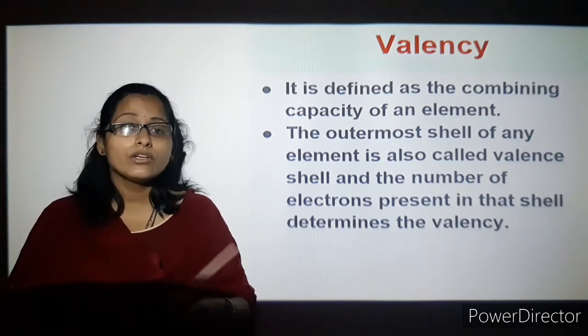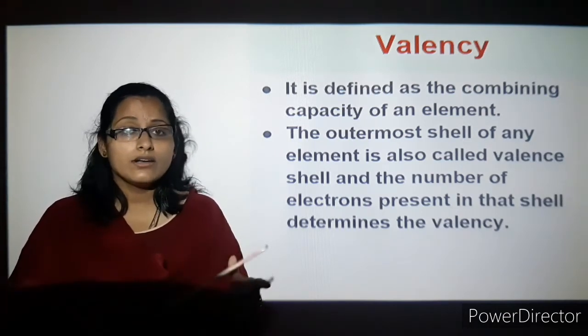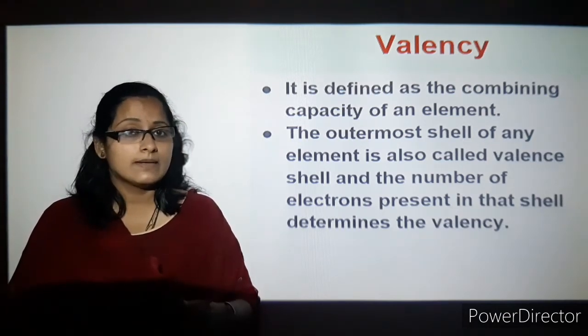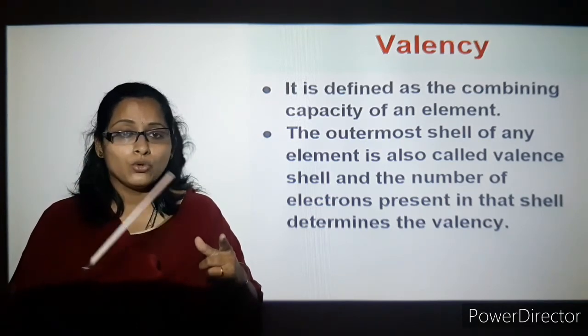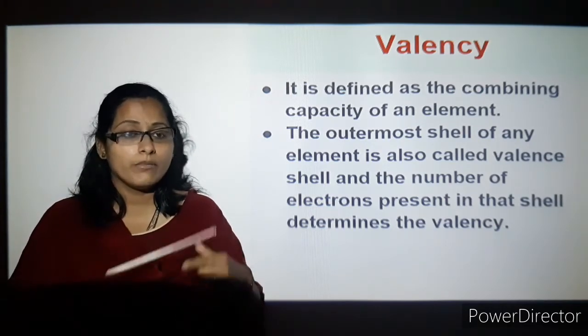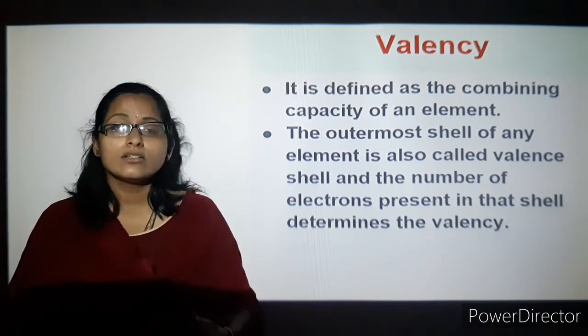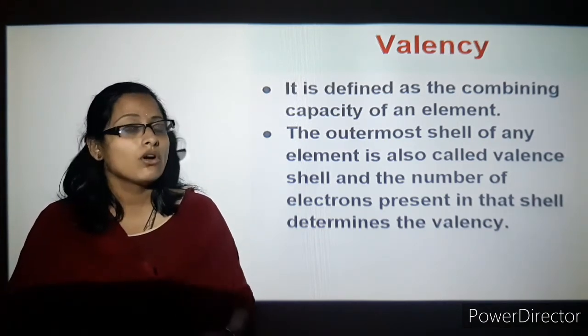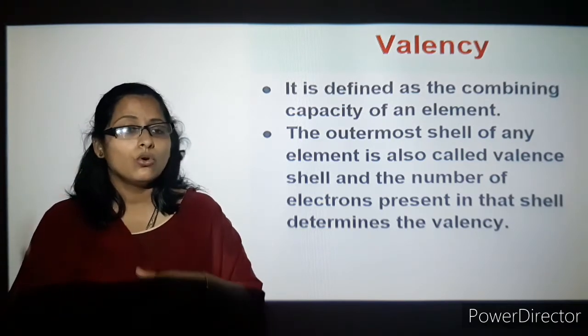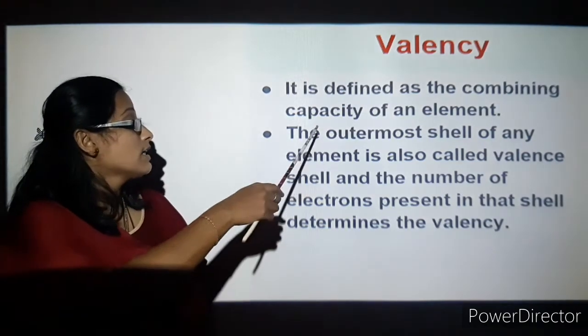So now we are going to cross multiply hydrogen with oxygen's valency. So oxygen's valency of 2 will come to hydrogen, that will become H2, and the 1 valency of hydrogen will go to O, that is oxygen. That is how you get the formula H2O. So let's understand more.